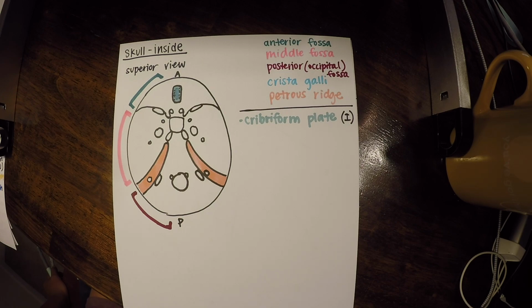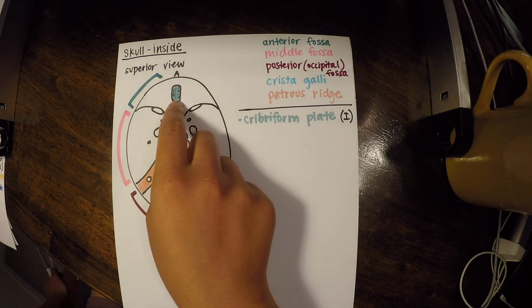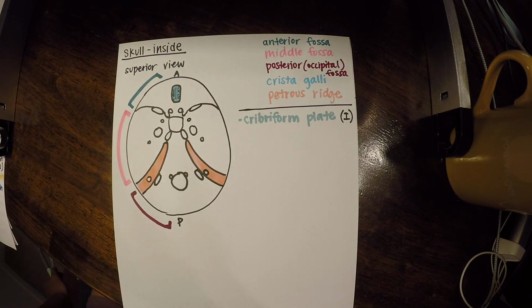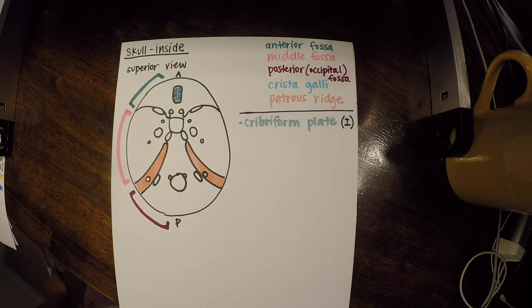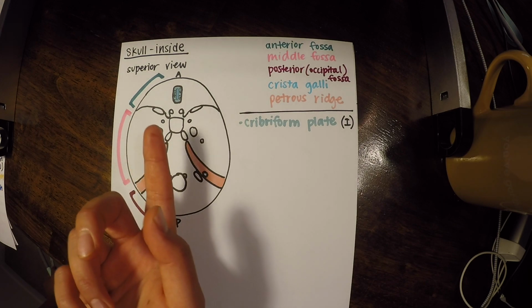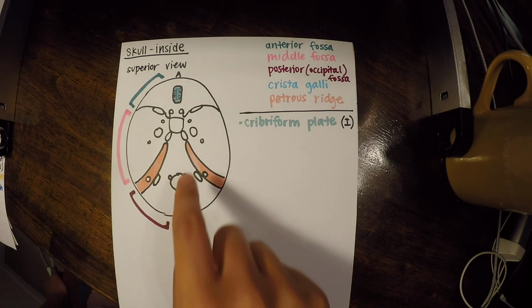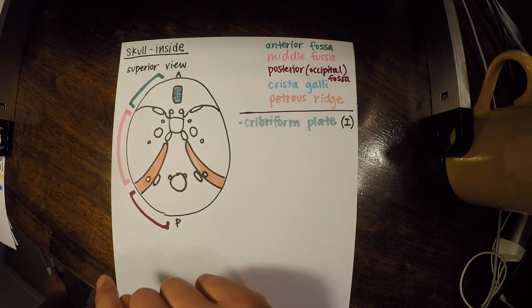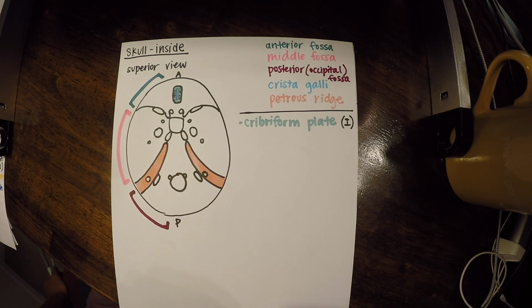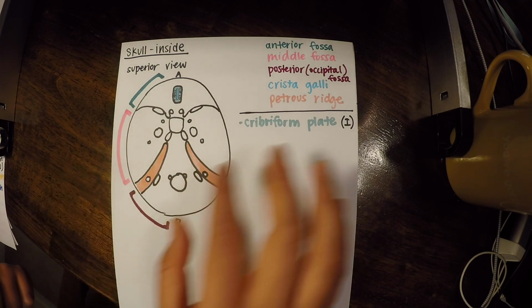During car accidents with a really strong jolt, oftentimes you have these little teeny tiny nerves coming through all these holes, and that nerve will get damaged. So something that's pretty common after a car accident or a sudden traumatic event like that is loss of smell, because those nerves are so vulnerable and tiny traveling through that small space, compared to these really big holes down here with nice thick nerves traveling through. So that's just a fun fact, nothing that you need to know right now other than what we're writing down.